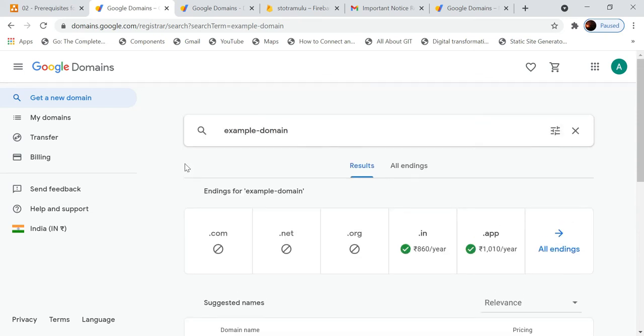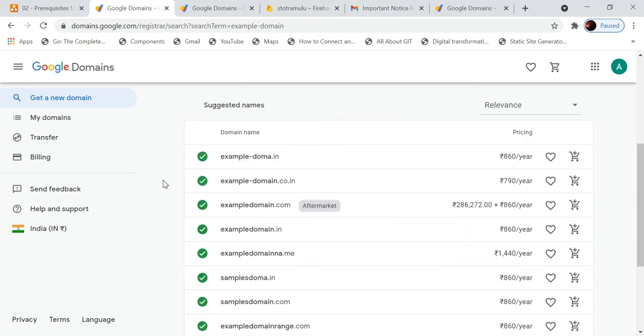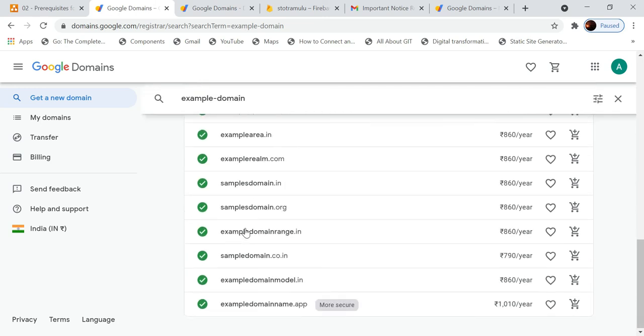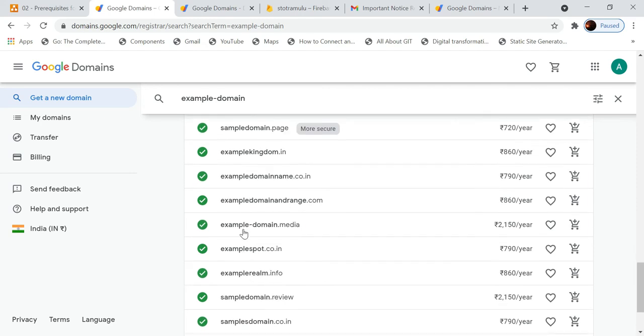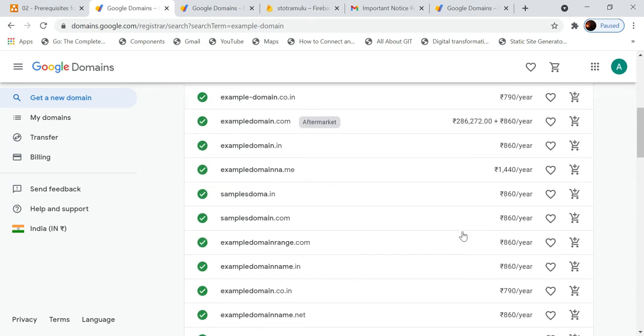I have just searched here for the example domain, and you get whether the domain name is available or not. These are all the domain extensions like .in, .co, .com. These are multiple extensions which you have. You can choose any one of them according to the rate.